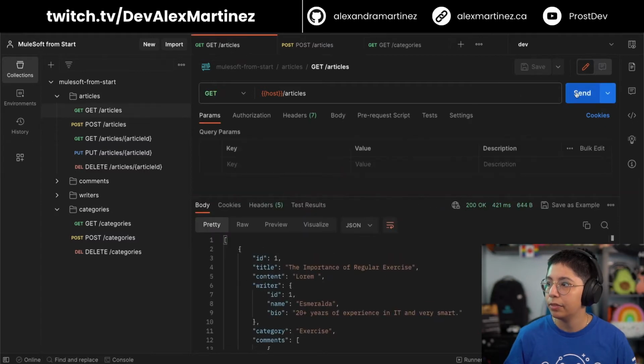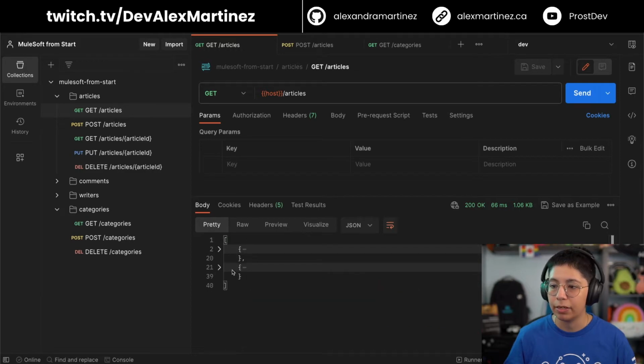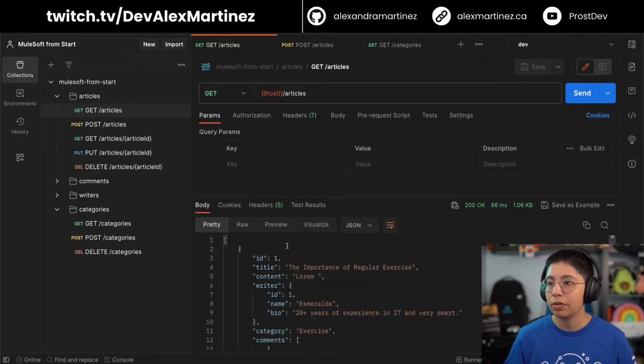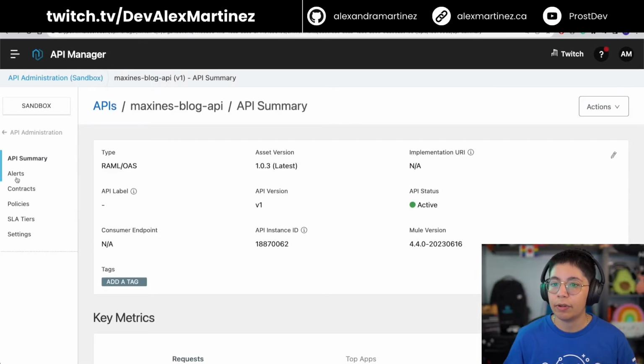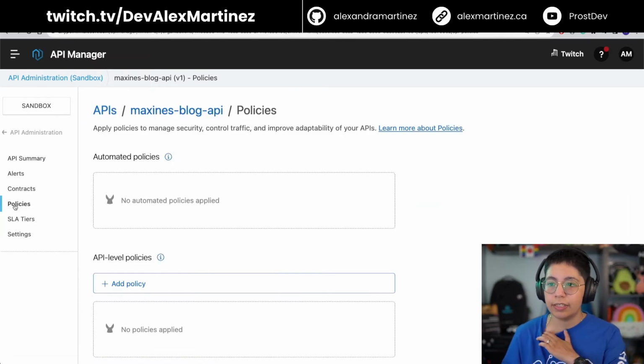There, ID number 2. And if we get the articles, now we get 2 different articles. Awesome. So this is working. Now let's apply a policy. So if we go here, policies, in the API level policies,